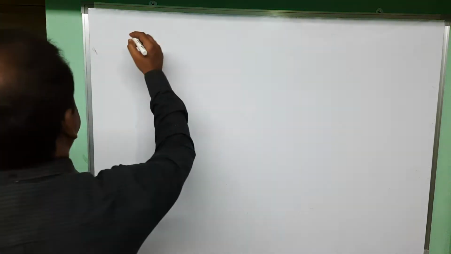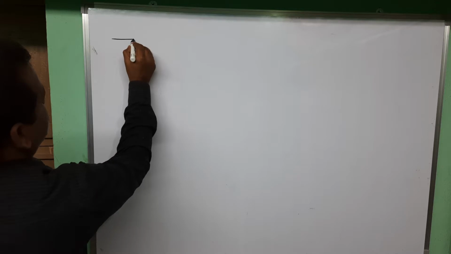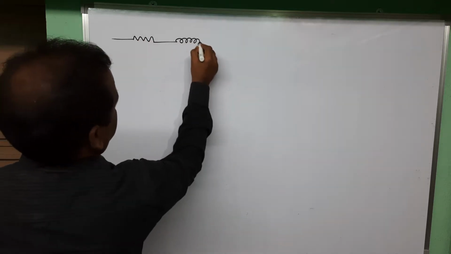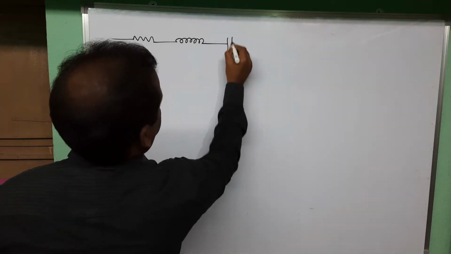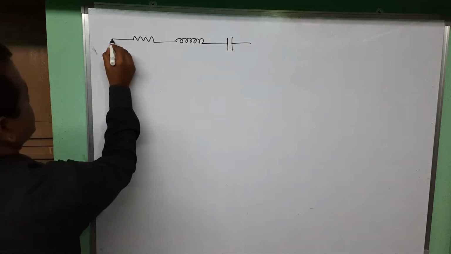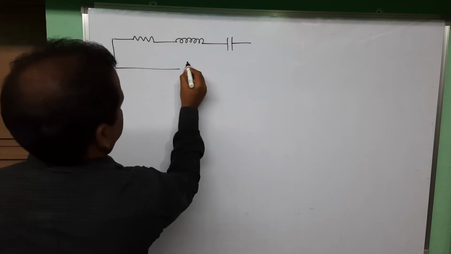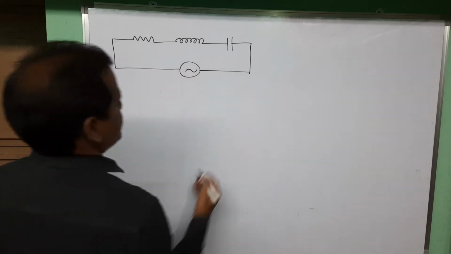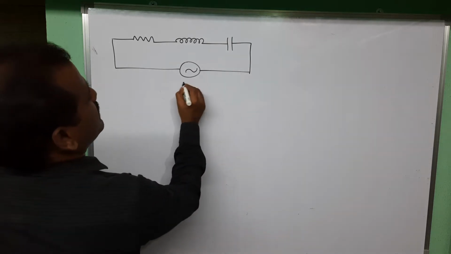In this video we are going to solve a problem from the unit alternating currents, and the topic name is series RLC circuit. See the question here. It is given that the circuit consists of a resistance connected in series with one inductor connected in series with one capacitor, and the supply voltage given, that is the alternating voltage, is given as